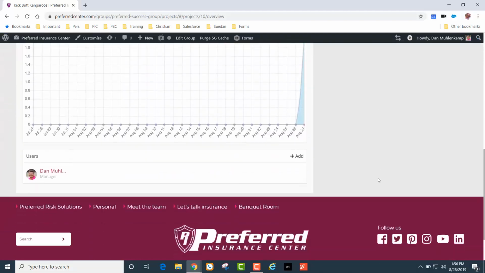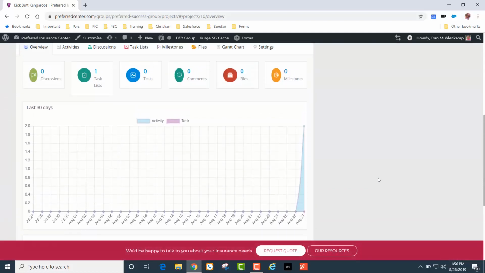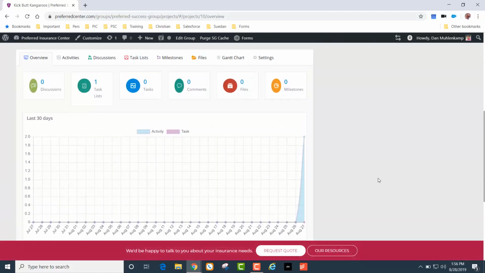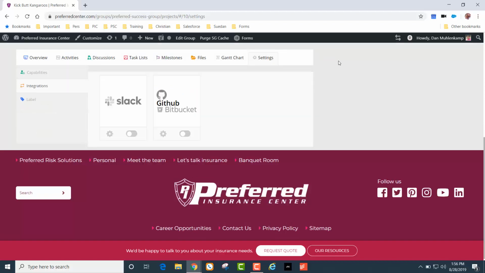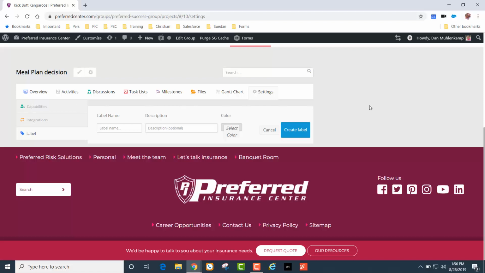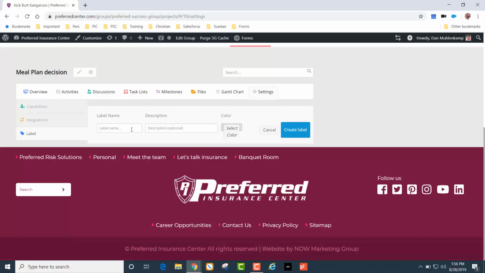There are a ton of statistics and things. This is a very robust project management system. So I'm going to walk you through some of these things so you can see how they work. If you go under settings, you can create labels. The only ones that I find to be pretty useful is I created a label for high priority and medium priority, and selected a color,